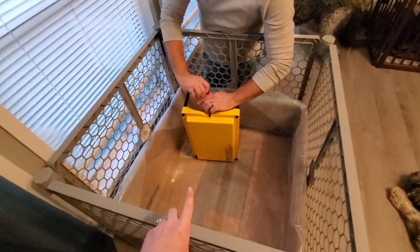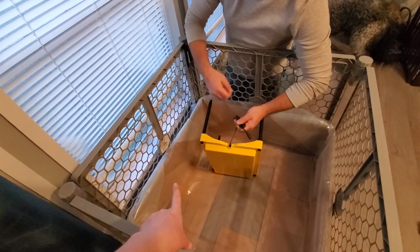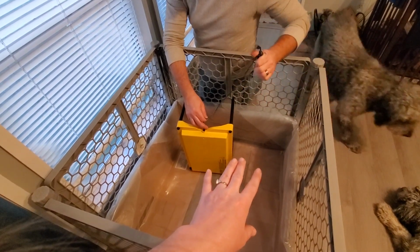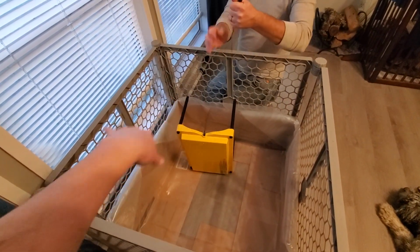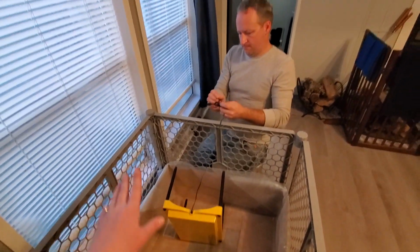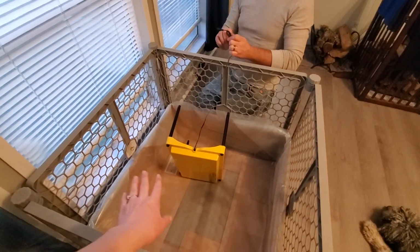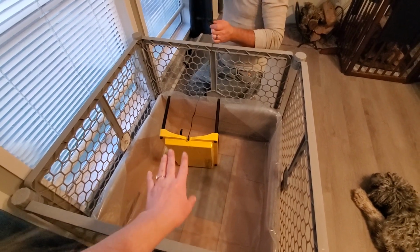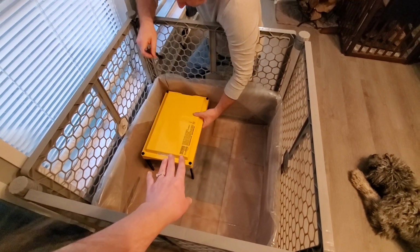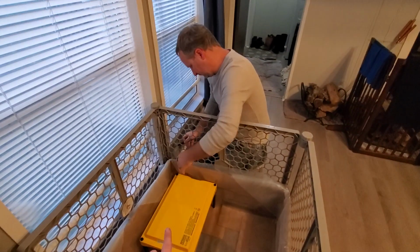And to protect the cardboard from getting nasty, we took the 6mm plastic that was used out in the garden beds, and Matt just finished taping it in such a way that it created a little box, and then he tucked it around the edges. Now obviously he is working on getting the brooder set up. We will be using paper towels down here in the bottom as bedding at first, until they have established